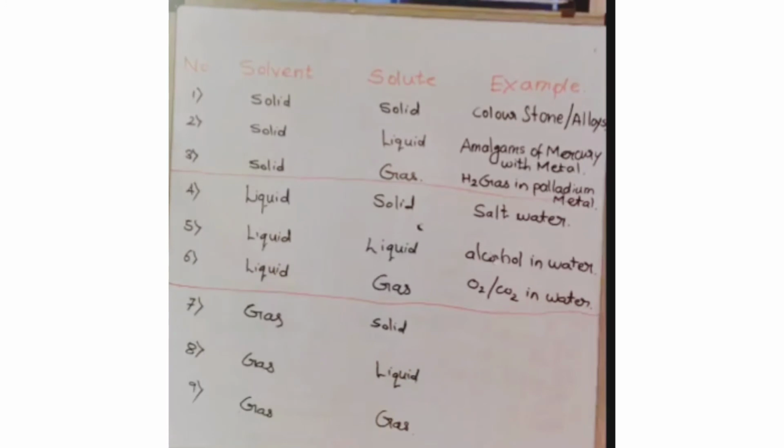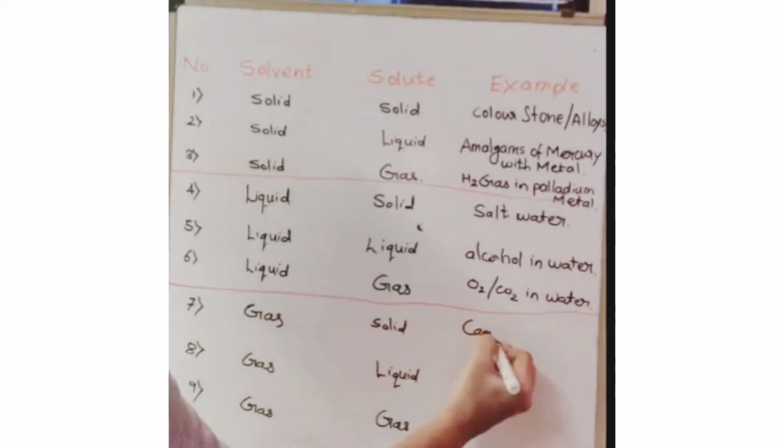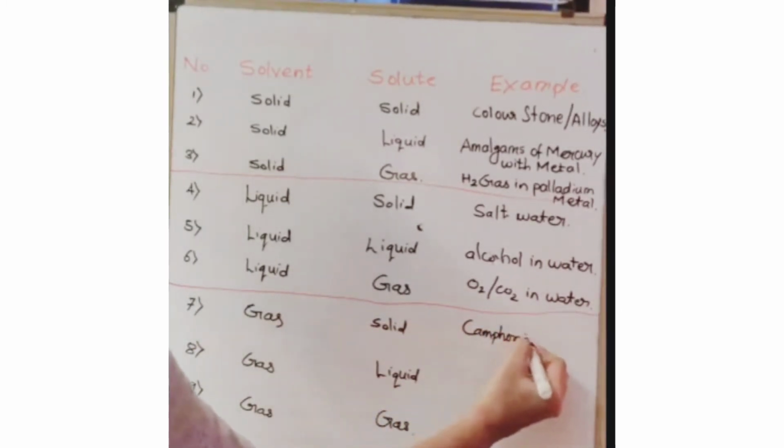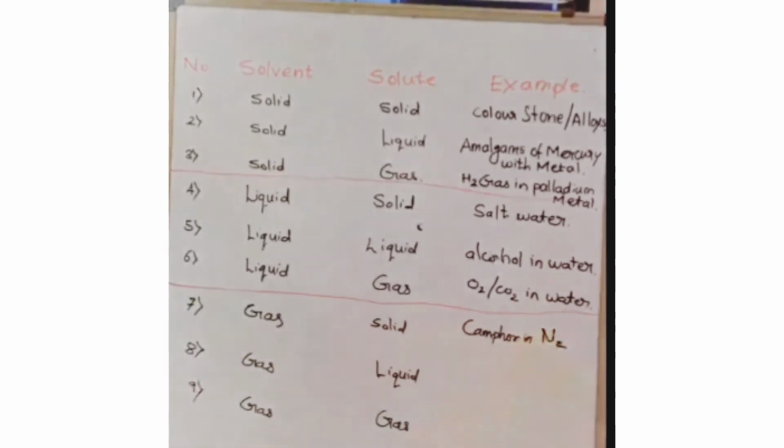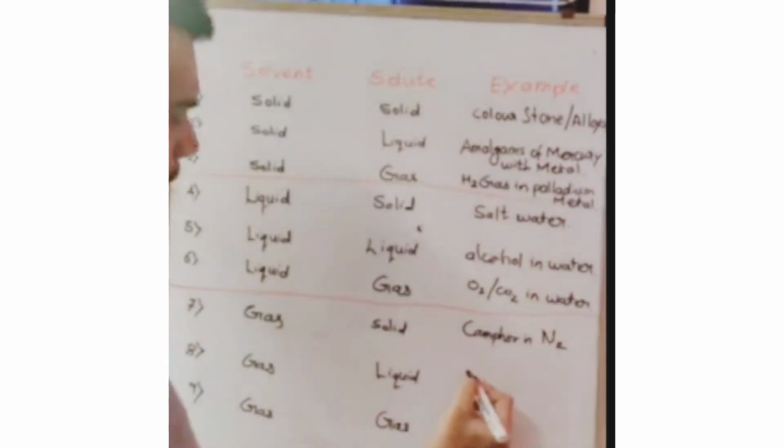So these three, again let's take an example. Solid in gas. What can you understand from this? Iodine in air. Okay, or solid in gas, you can say camphor, like the kapur which we use in daily life, in nitrogen. So I will write it down: camphor in nitrogen, N2. Okay, and let's go to the 8th one, liquid in gas. Which liquid we put in a gas? So I will consider chloroform, used for making someone unconscious, in oxygen gas. So I will write it down: chloroform